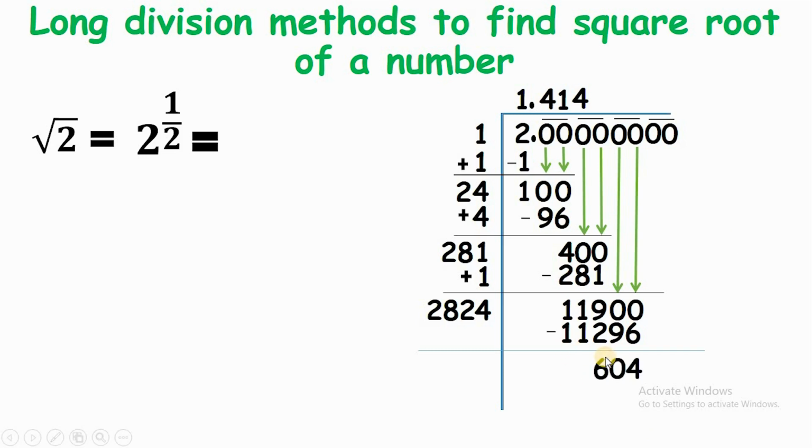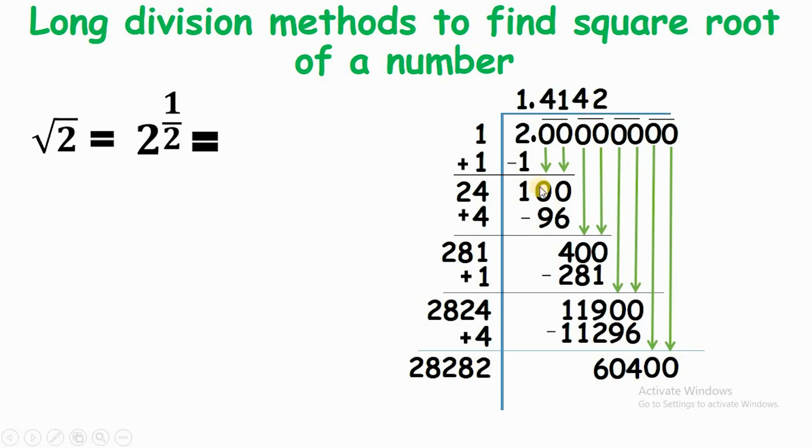and you'll get 604. So let's take down 2 more zeros, and now here you have to add 4 since there's a 4 in the unit place, so you have to add 4 over here. So when you add it, you'll get 2828. Again you have to find a suitable number over here. So if I take 2, here also you have to write 2, and then you multiply it, you will get